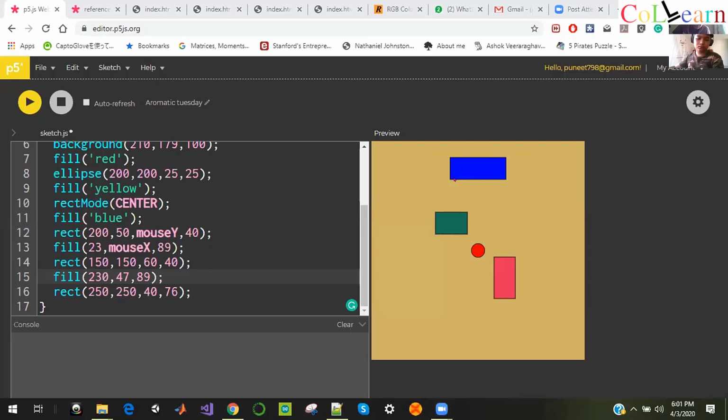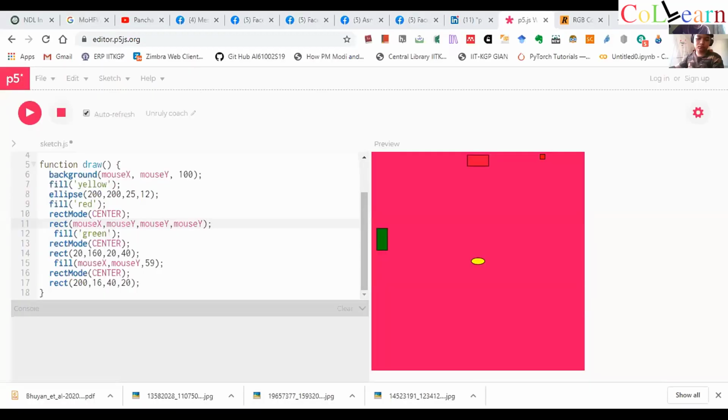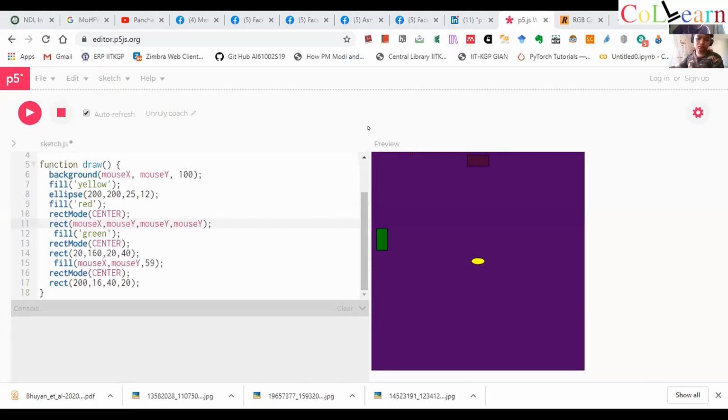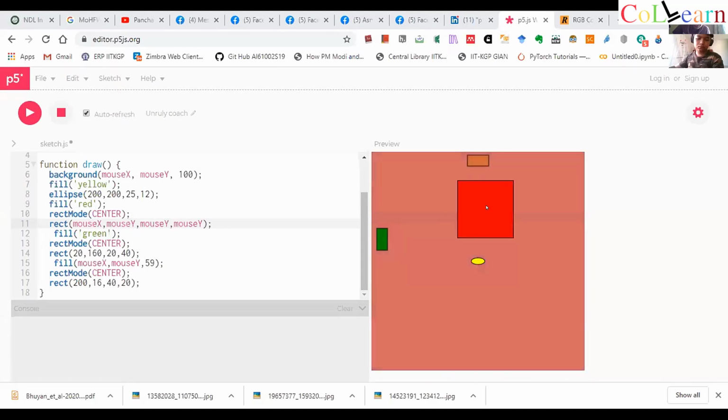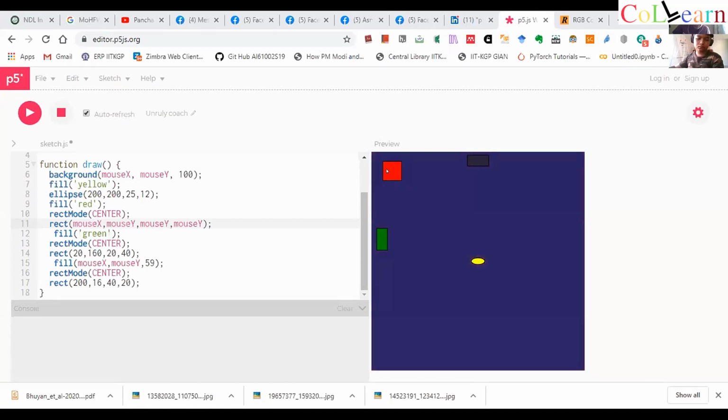I am not able to see. Are you guys able to see a screen? I don't know how this works. Okay, I have to stop. Okay, sorry, I'll stop. Now we can see. Oh, nice. So it's working. Oh, you didn't even change the background. So the background is also changing and the size is also changing. Nice. Anyone else who wants to share?